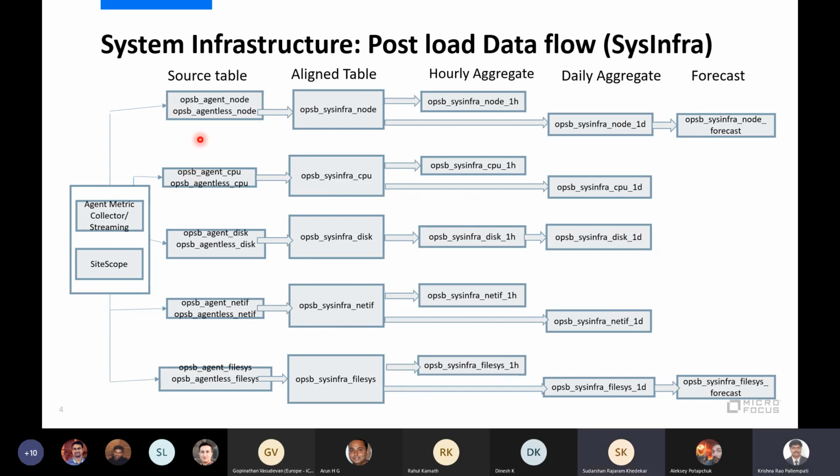So one more query. Let's say a customer wants to have a forecast for CPU and disk. Is it possible to create those? If the customer wants a forecast for the other tables, out of box we are not supporting it. As per the design, we can't further extend the existing one.